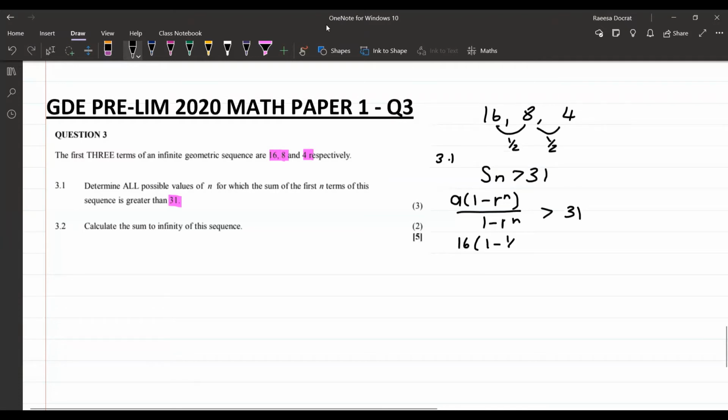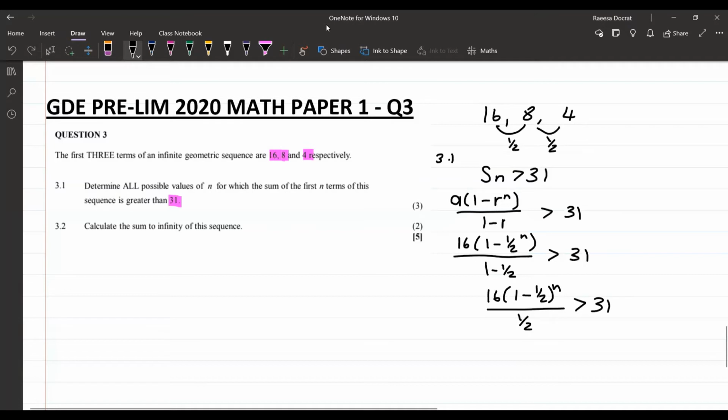So our r is a half to the power of n, all over, sorry, the denominator should just be 1 minus r. We get this from our formula sheet, so there's no need to remember the formula. So this here is 16 times (1 minus a half to the power of n), all over a half,